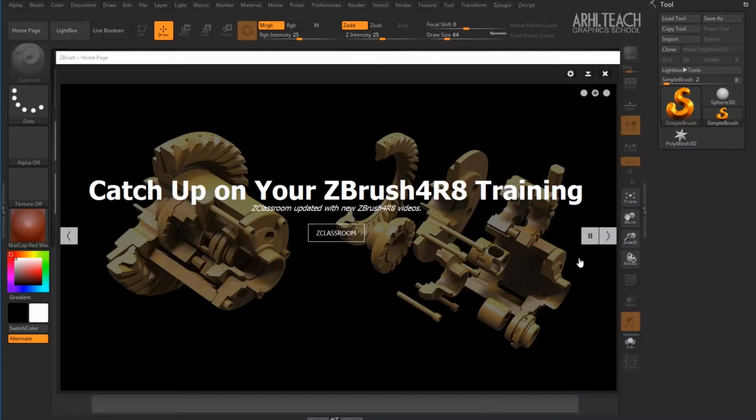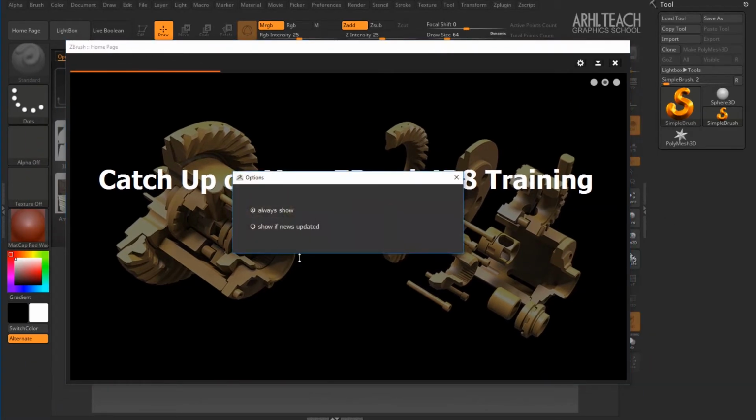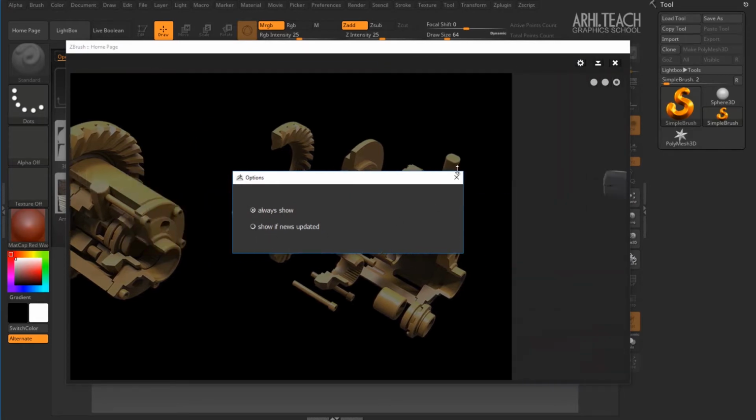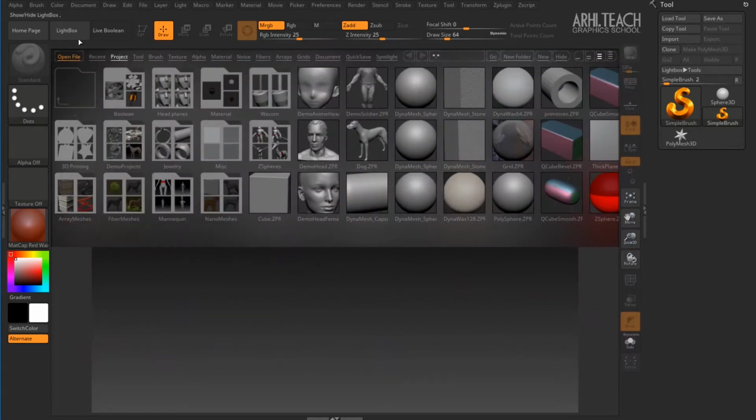In this video we will consider ZBrush navigation, and the first thing you will see when you start the program is this welcome window. You can change the settings of this window and, for example, show it only when you have new updates. You can minimize this window, but now we close it and see such a panel where there will be alpha, materials, various tools, modules, or, for example, autosave.